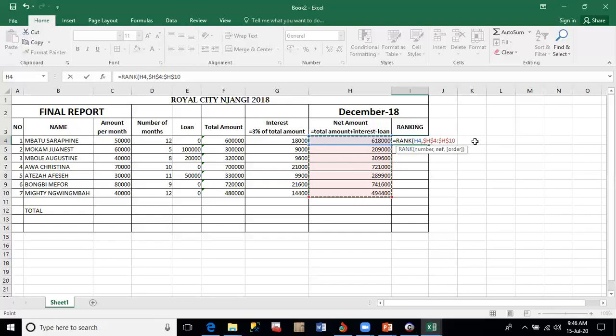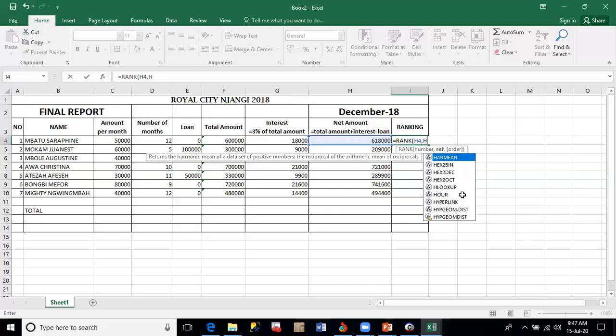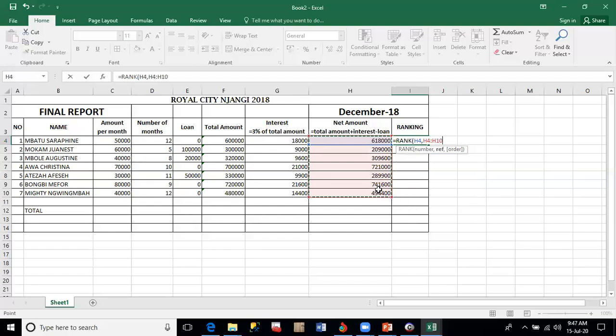Let me just demonstrate that with an error. If I highlight this range H4 through H7, and I press comma, and I realize I have to press F4, I erase the comma and I press F4. You see the dollar signs now come in front of H and 7. The H4 has no dollar sign, which will give you wrong answers. When you have this, you just restart. Highlight the range all over in there, and you press F4,